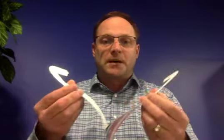So the next step that we were going to do is see how to put the mask on and make adjustments. Now, the mask just opens up and goes right over your ears. This is a quick, simple way to use the mask. That's if somebody comes to your desk or comes near you and you need to quickly put a mask on